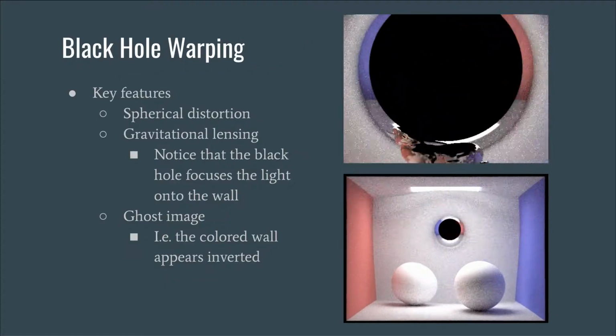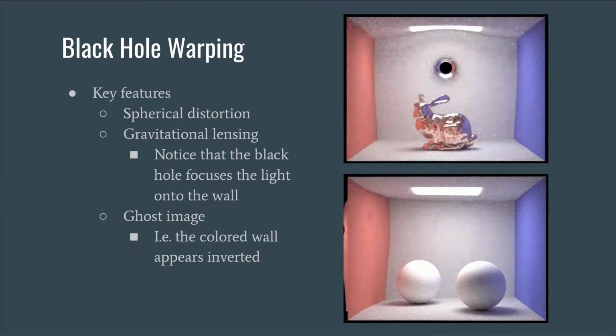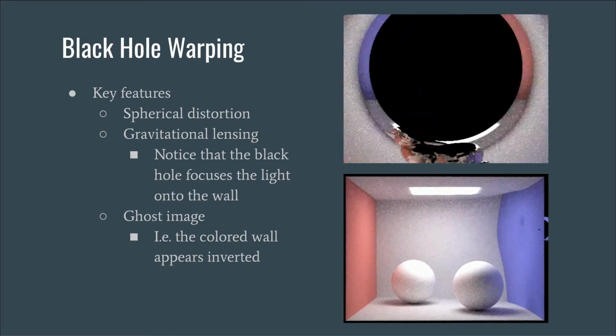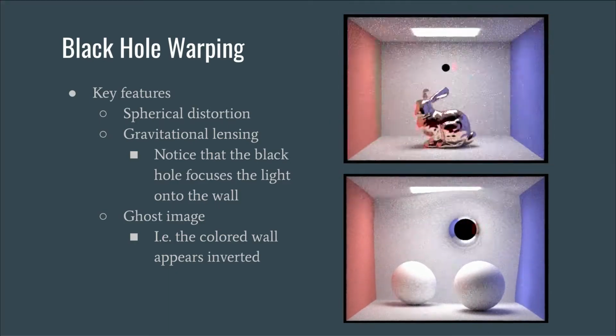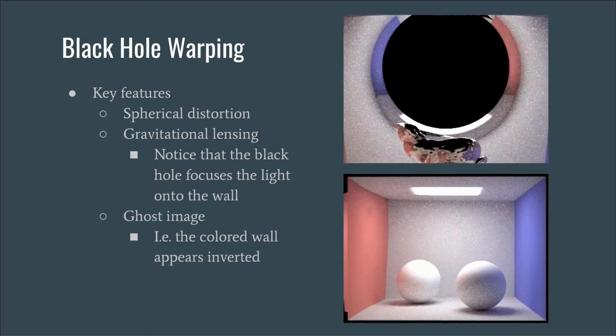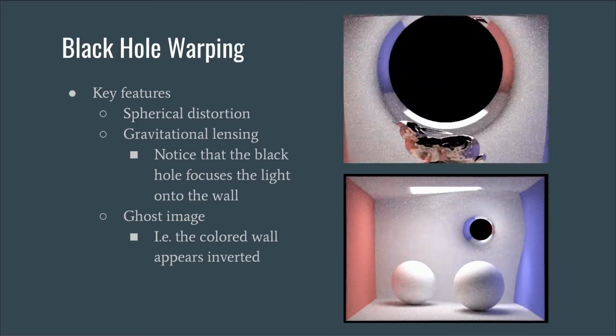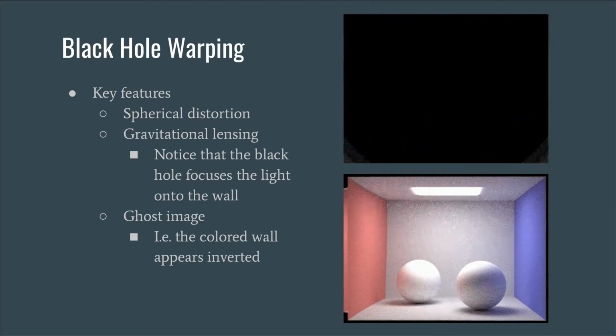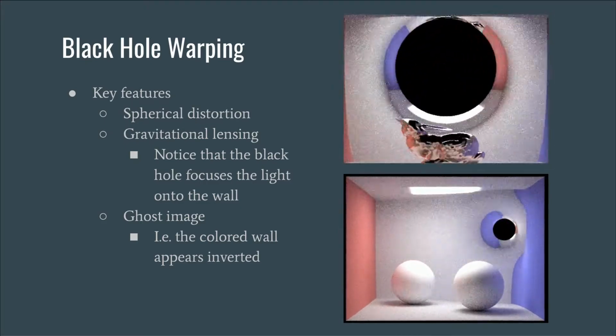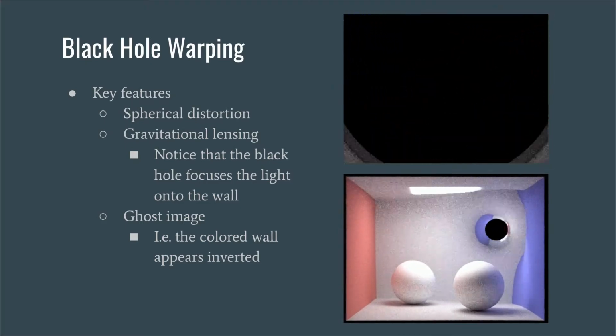In these photos, we can see the 3 specific astronomical features we expect out of a physically accurate simulation. There is spherical distortion as the black hole moves through the scene, and the space warps accordingly. We also see gravitational lensing as light is focused on different areas of the scene, with the back wall of the bottom photo being the best example of it. Lastly, we also see ghost imaging inside the Einsteinian circle around the black hole, where the scene is inverted near